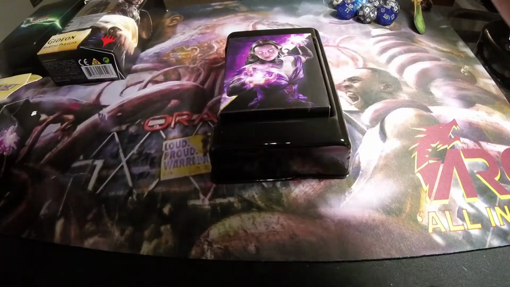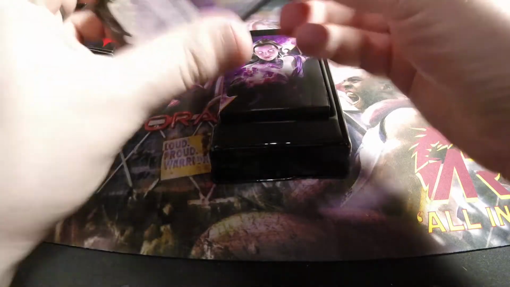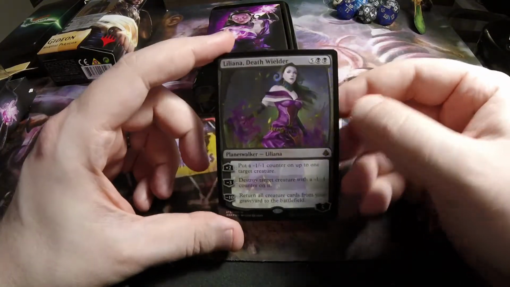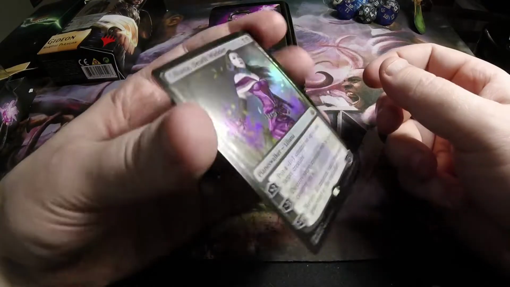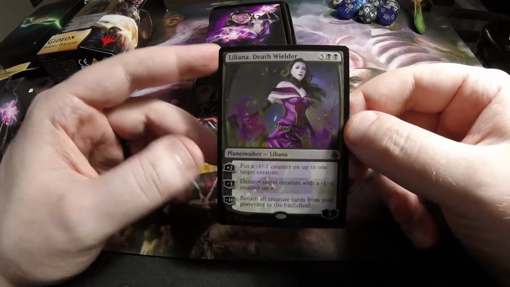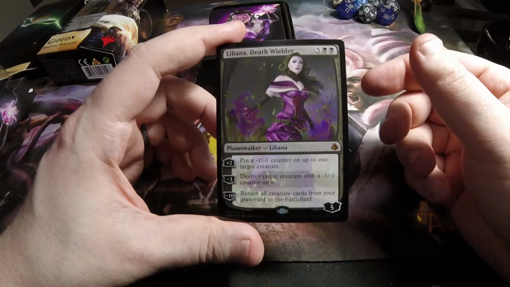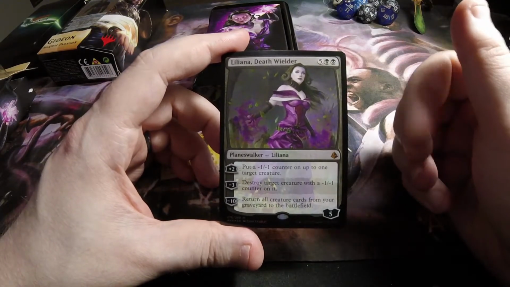So let's start off by going over the Liliana deck. Take a look at Liliana real quick. So Liliana Death Wielder is the Planeswalker that is a promo, or premium foil version of her. I don't think there actually is a non-foil version, but she is a Planeswalker, of course, for 5 and 2 black, so she's 7. That's one of the reasons why they're not really playable, and their effects are typically a